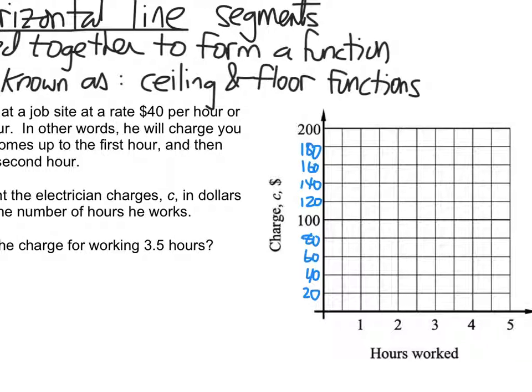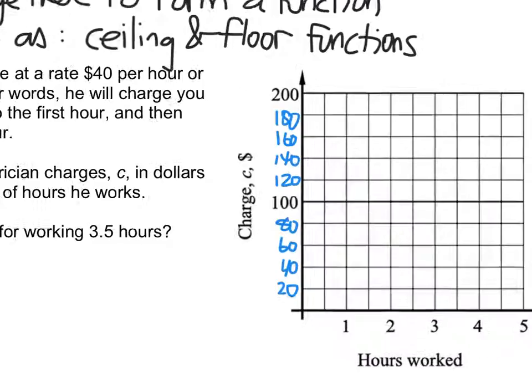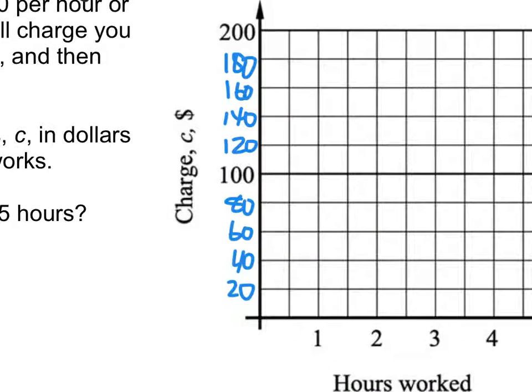All right, so we know that we're going to have to pay $40 the minute he walks through the door. All right, now if you haven't worked any hours, so at 0 hours, you wouldn't be expected to pay any money. All right, so I wouldn't plot a point at 0,